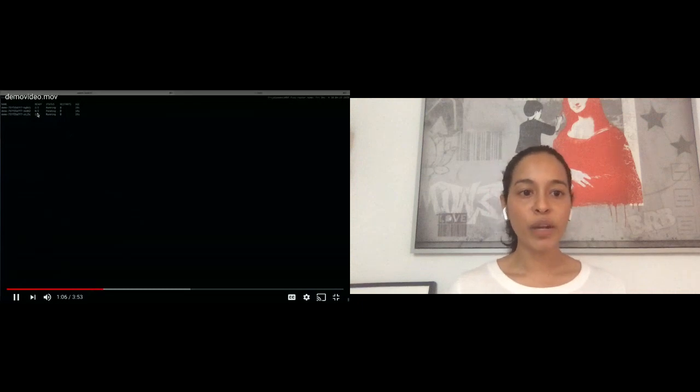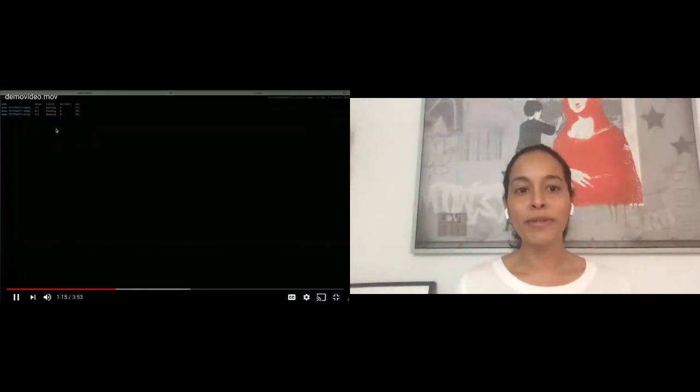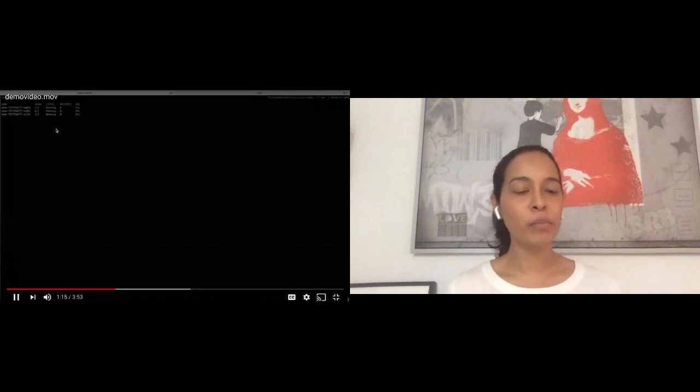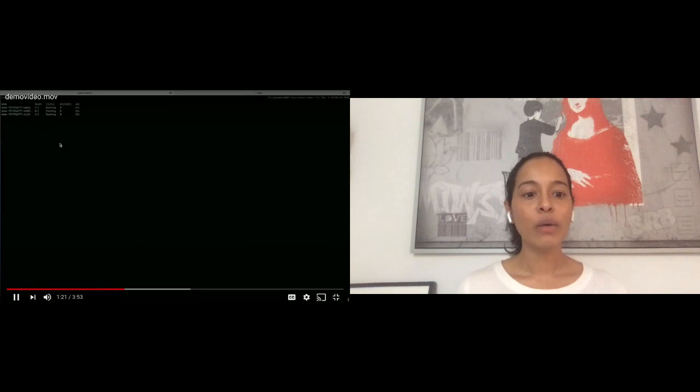So 2 of my pods are in the running state, but one is just pending. It's not being able to do much. Kubernetes is trying to give you the 3rd pod, but it's not working. So we will see what happens. Let's inspect this pod and see what's happening. So if we describe the pod,